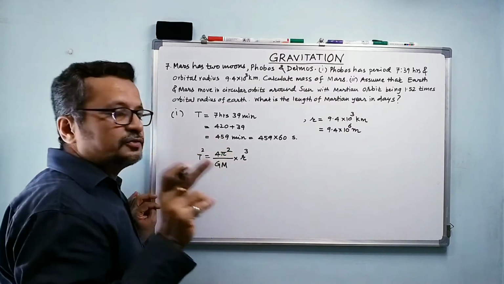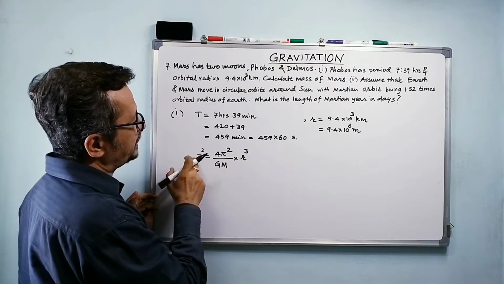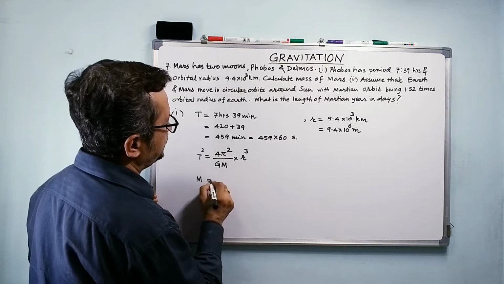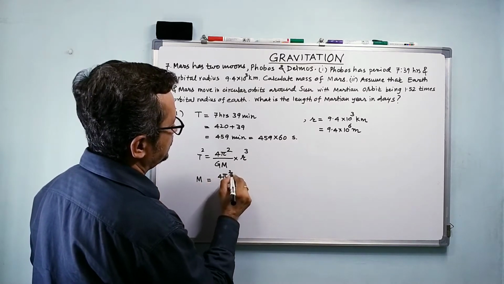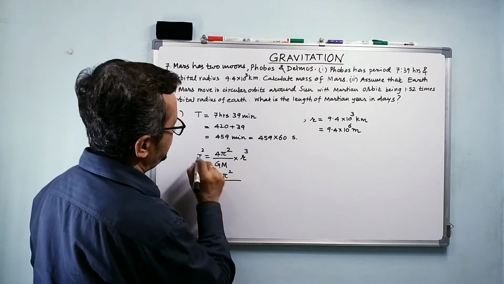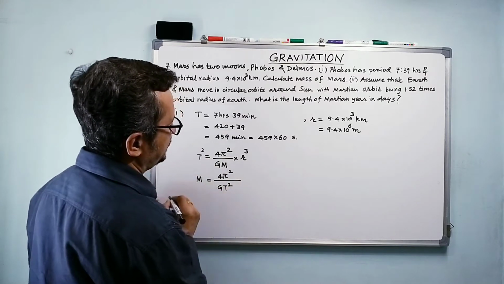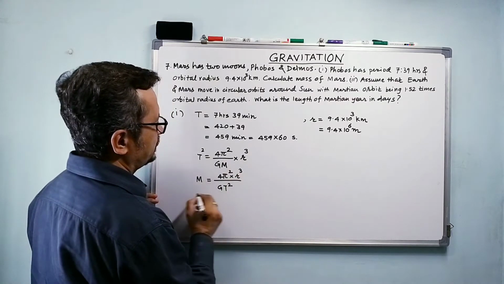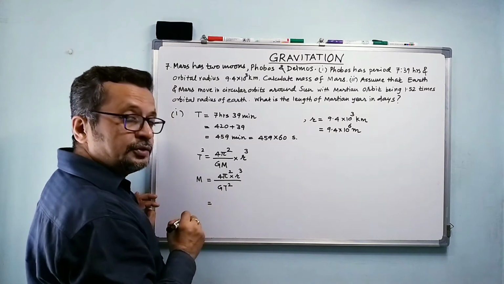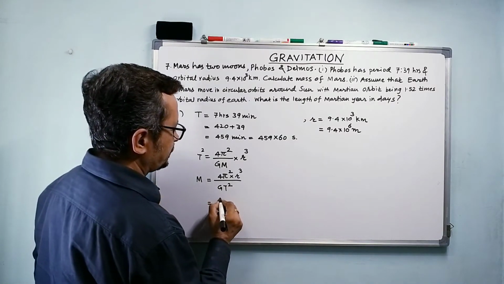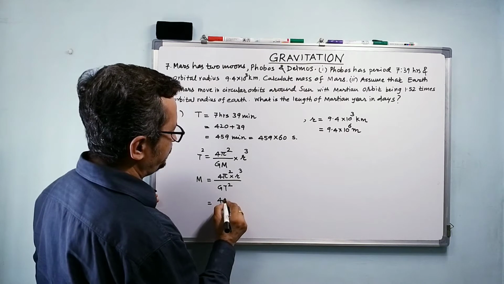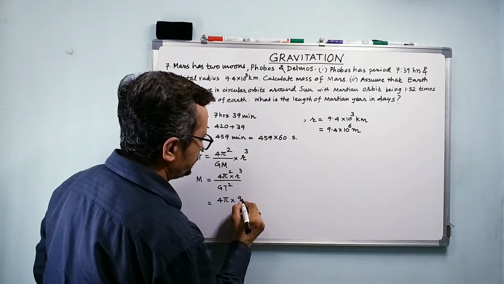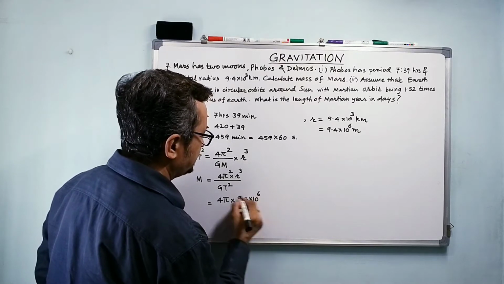Now I want the mass of Mars, so I have to take this over here and that T square will go there, correct? So my mass of Mars is equal to 4 pi square upon G into T square, and that multiplied by R cube. So now I am going to substitute. This is 4 pi square multiplied by, what is my radius here? It is 9.4 into 10 raised to power 6, cube of that,